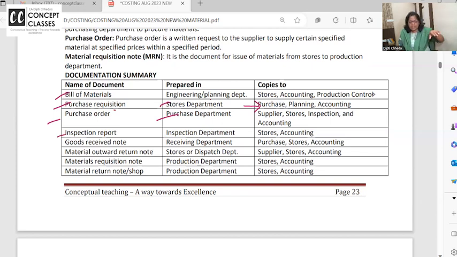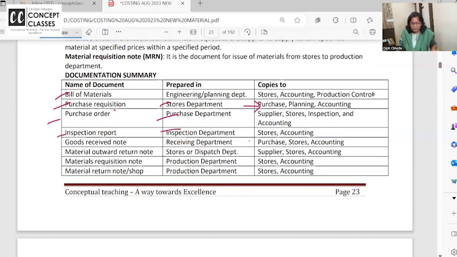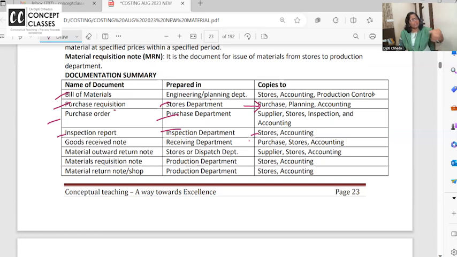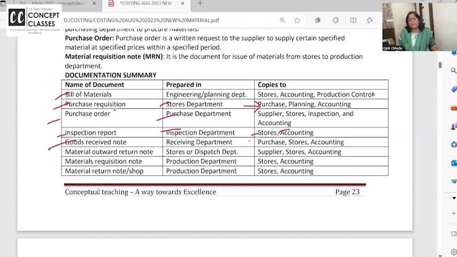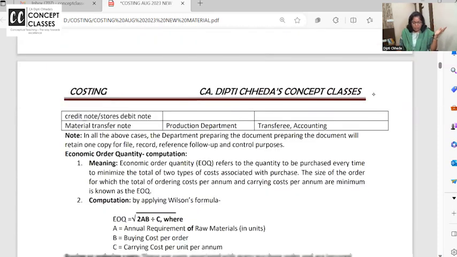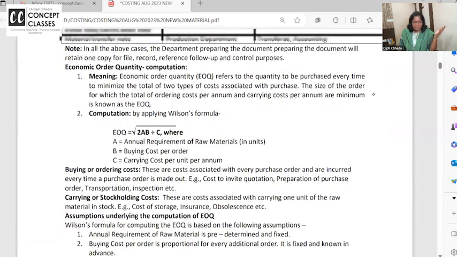Inspection report, when the goods come, inspection department will do and intimate stores that inspection is done. They will also give 1 copy to the accounts department. GRN will be prepared, goods receipt note. Okay. When the goods are received, material outward or return note, stores department. Material requisition note, who will request? Production department. Okay. Material return when it is going back from production, and so on. Transfer note,